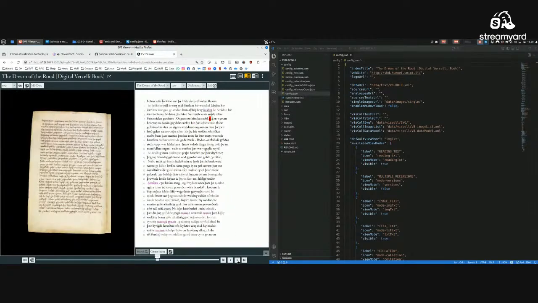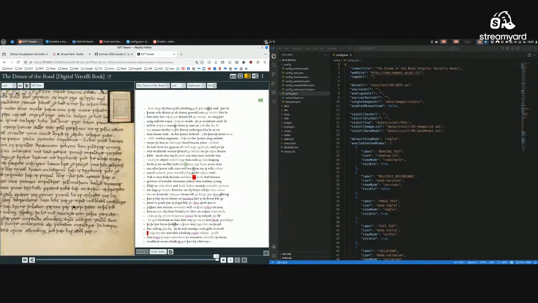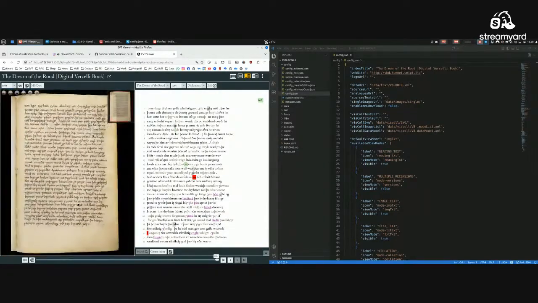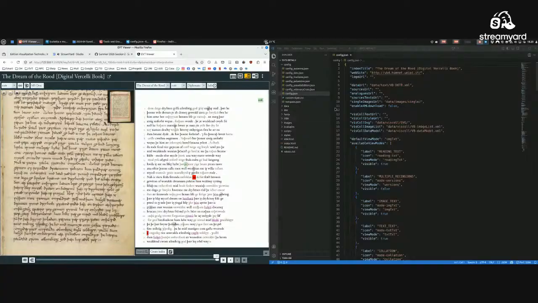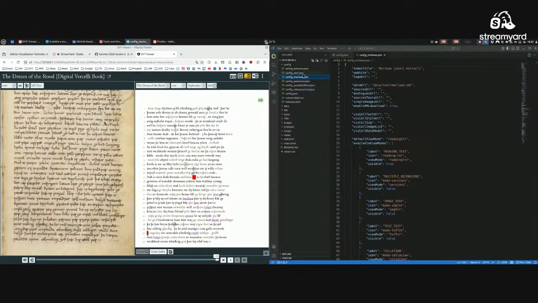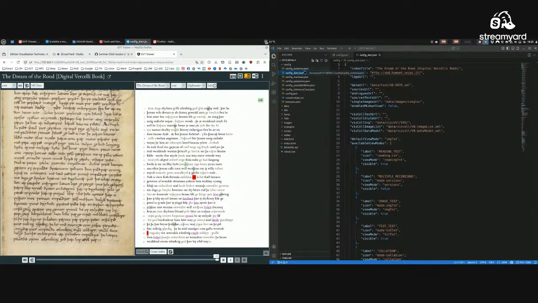Okay? So why am I showing you this? Because in EVT2 we have only one configuration file. In EVT3 beta 1 we have 3 different files, so it's a bit more complicated, but we are reverting to one file only. And also this is usable, and this is useful if you want to quick check for a